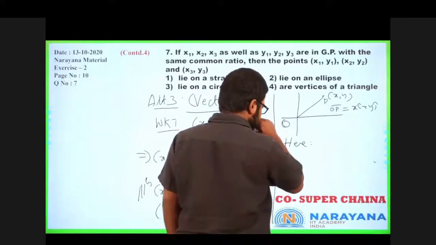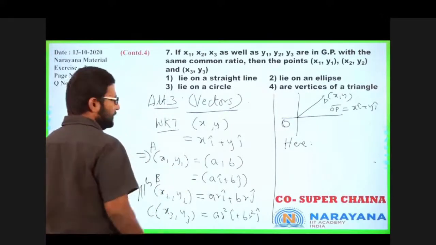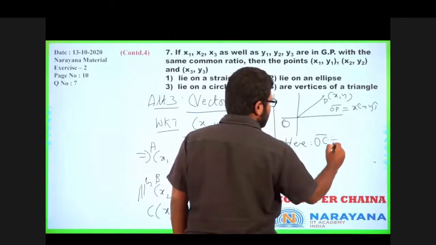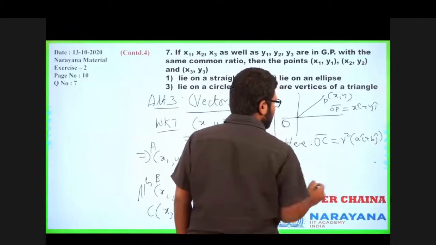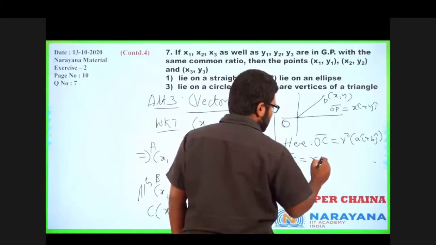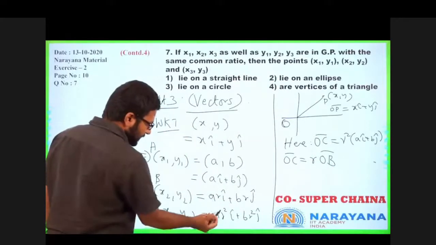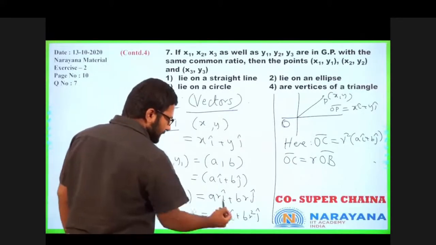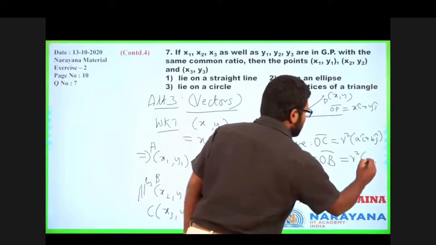Which means this is the point A, B and C. Here OC is r square into a i cap plus b j cap. So OC can be written as r times OB, right? Because if I just take r outside, it becomes ar i cap plus br j cap, which is exactly vector OB